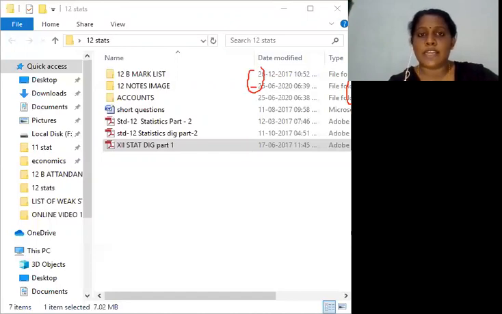Here, whatever is given, you have to write first. That is, sigma x minus x bar the whole square is 80. Sigma x minus x bar into y minus y bar is 60. X bar is 8 and y bar is 10. This much is given in the question. Now the regression coefficient of y on x. The formula is sigma x minus x bar into y minus y bar upon sigma x minus x bar the whole square, that is 60 upon 80, that comes to 0.75. Now you have to find a, right? Y bar minus b x bar, 10 minus 0.75 into 8, that is 4.